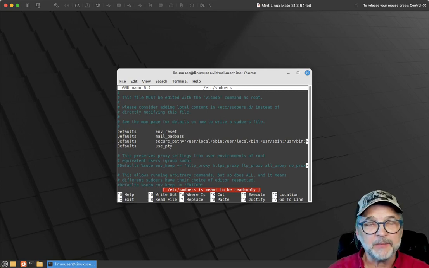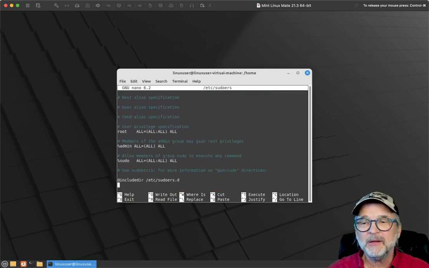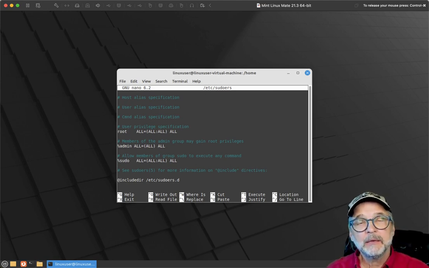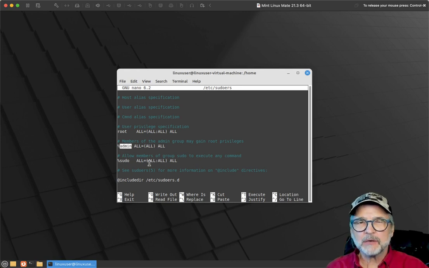Okay, so I am in the sudoers file, and you can see it's a very cryptic file. A lot of things in Linux are cryptic files, and there's a number of things that you can do here. I could add guest user to the group admin. Now, we haven't talked too much about users and groups yet, but every user is part of a group, and